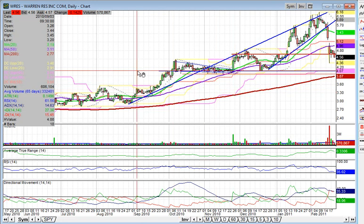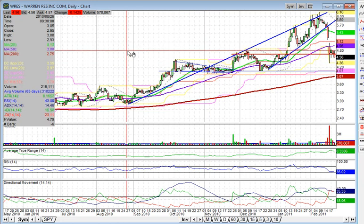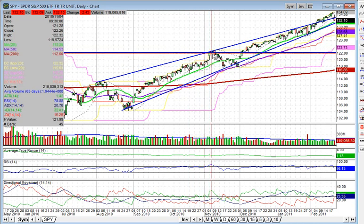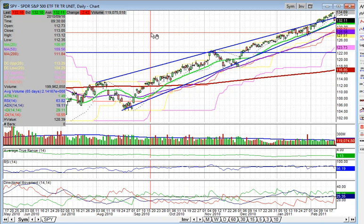Between October and November, we had a bull flag or even a falling wedge form on WRES. And I'm going to go back to the S&P. You can see that during that time, the S&P actually did spike up, but then pulled back. So the S&P was pretty much flat while WRES pulled back. And then